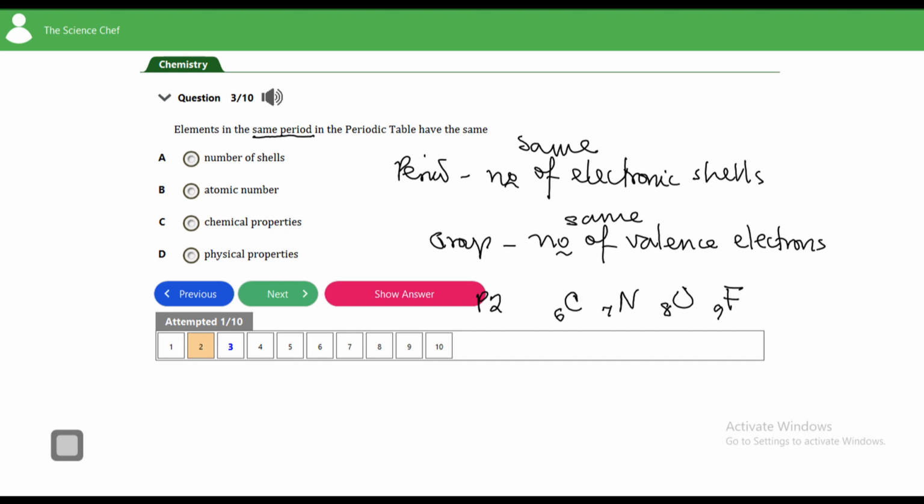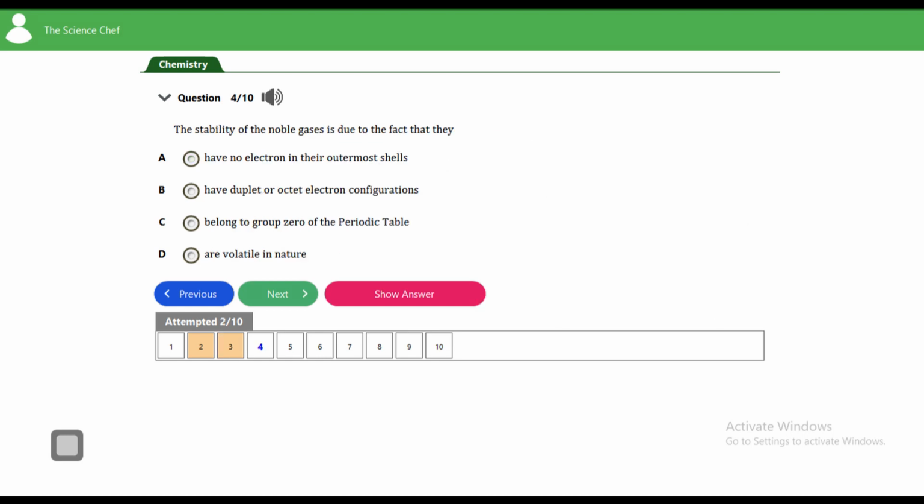And as the atomic number changes, the identity of the element also changes. So it can't be atomic number. C, chemical properties. I just told you that the chemical properties of elements are determined by the number of valence electrons that they have, right? So elements that have the same number of valence electrons always belong to the same group, which means that they exhibit similar chemical properties. So it cannot be C. Then physical properties, no, that has nothing to do with the same period. So the answer is A. Question 4. The stability of the noble gases is due to the fact that, this is straightforward,